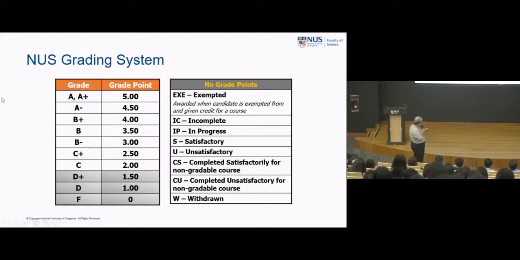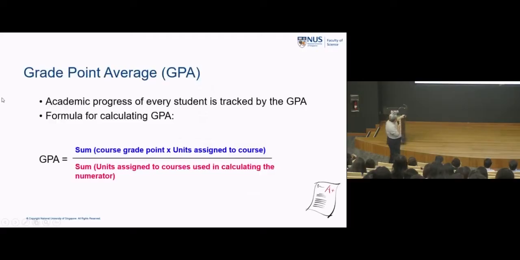But then after that, you divide it. So the sum of all the course grade points you get, divided by the sum of the units that you have taken. That's your average for that year. So if you have a GPA of 5, it means you are getting A's everywhere. If you get a GPA of 4.5, you are getting A's and sometimes A plus, B's and all that, so average. But you know what? Don't be so grade conscious and chase the 5. Do it if you can. You won't die if you cannot. And most people do very well anyway.